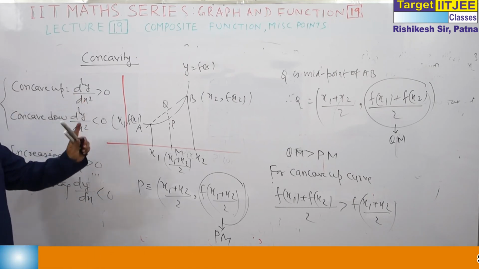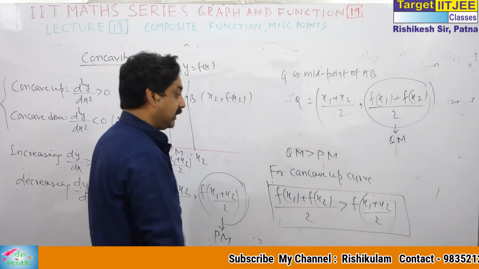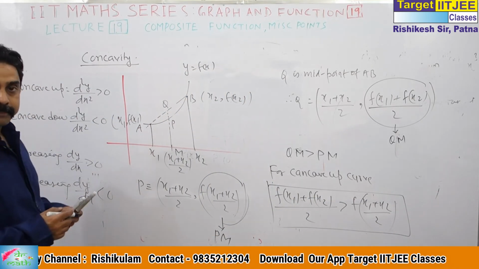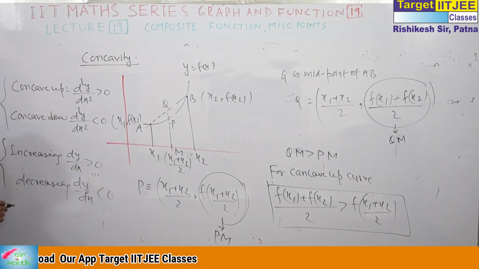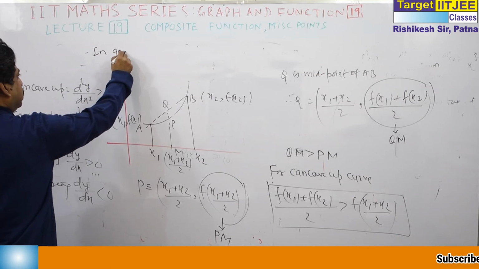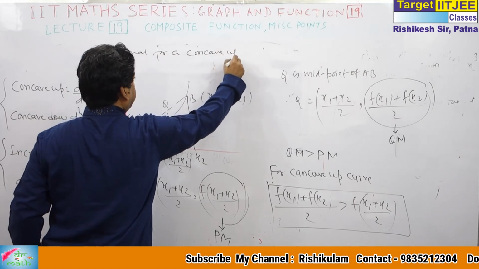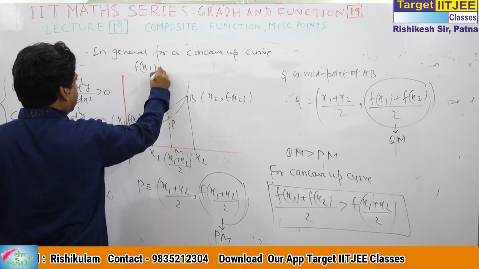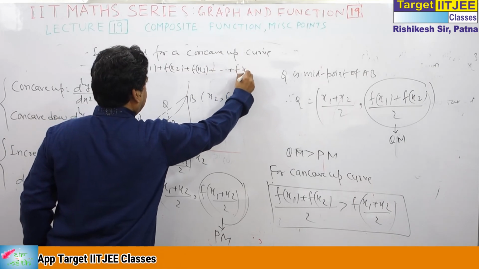By the second derivative we decide concavity, but this is the actual geometrical meaning of concavity. For a concave down curve, this will be less than. You can go for a concave down figure, and this is also true. In general, for a concave up curve, (f(x1) plus f(x2) plus f(x3) up to f(xn)) by n